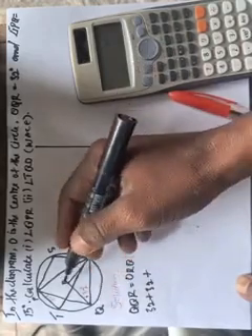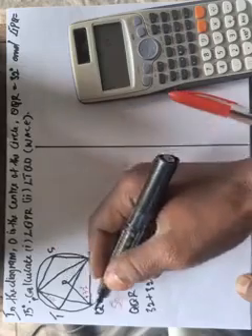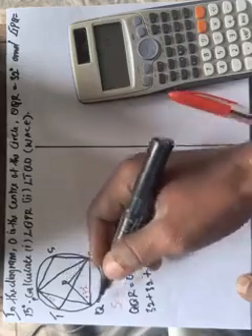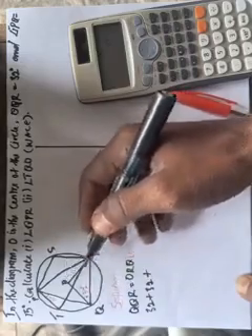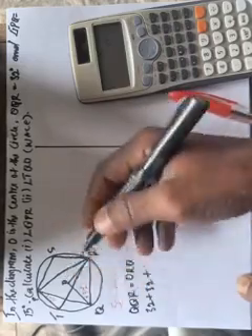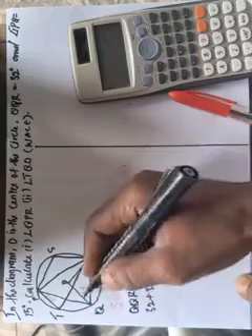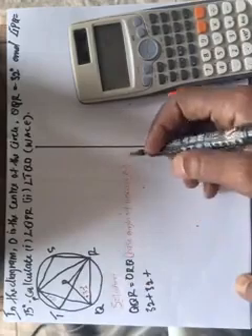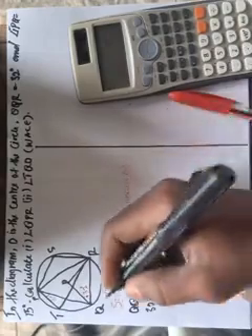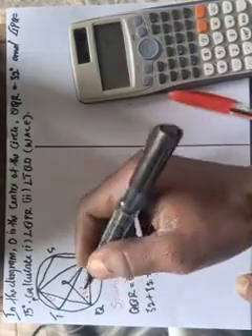QO is equal to OR. That's the side. QO is the same size as OR. So if you have a triangle with two sides of the same size, therefore the base angles are equal. So that's what I wrote here, base angles of isosceles triangle. So now, also in this same triangle